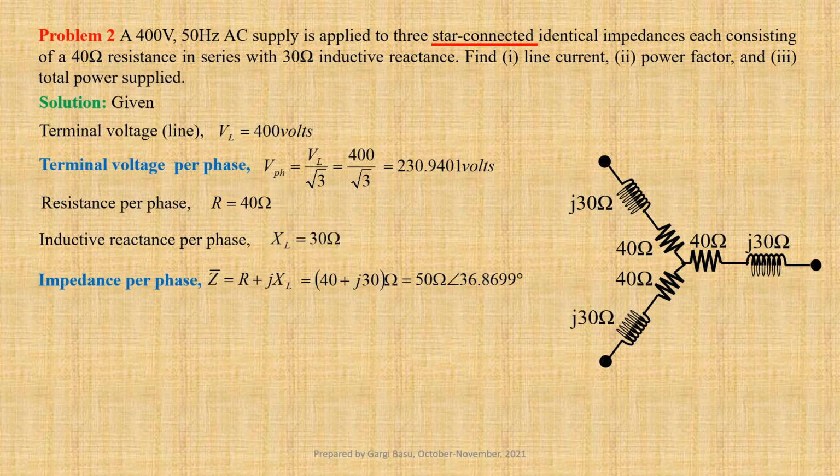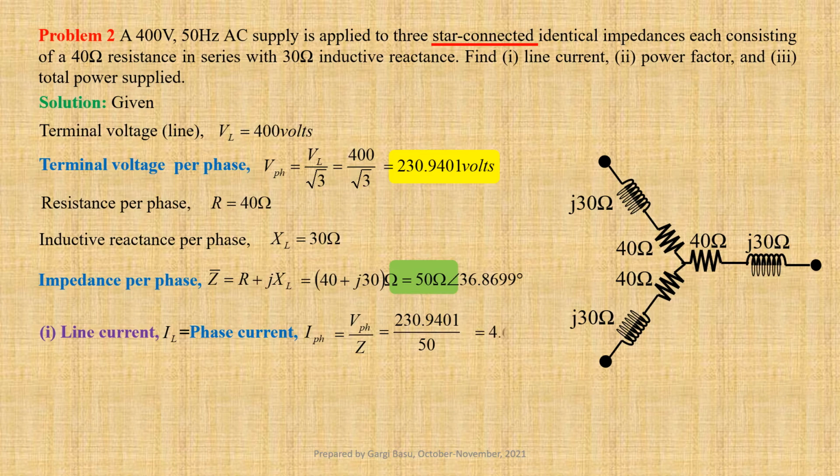36.8699 degree. For star connected load, line current IL equals phase current I phase, that is equal to V phase divided by Z. Using values we get 230.9401 divided by 50, that gives us 4.6188 ampere. Now we shall calculate load power factor. Cos phi equals cos of 36.8699 degree, that gives us 0.8